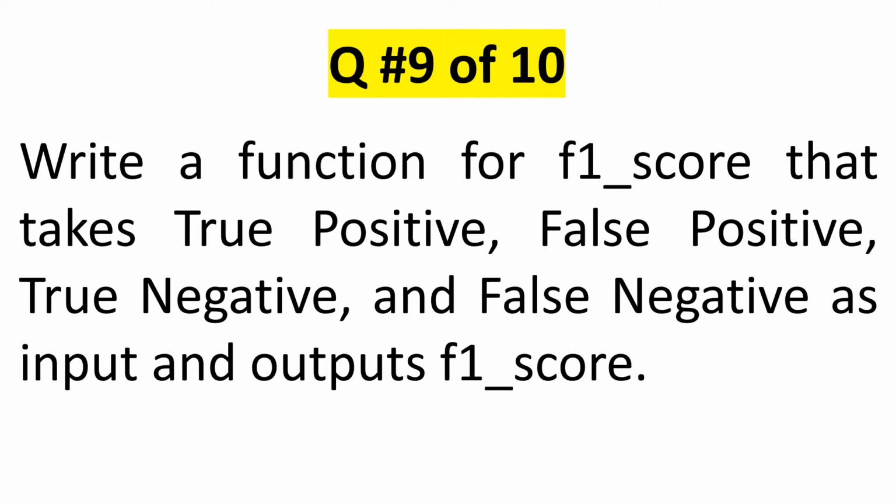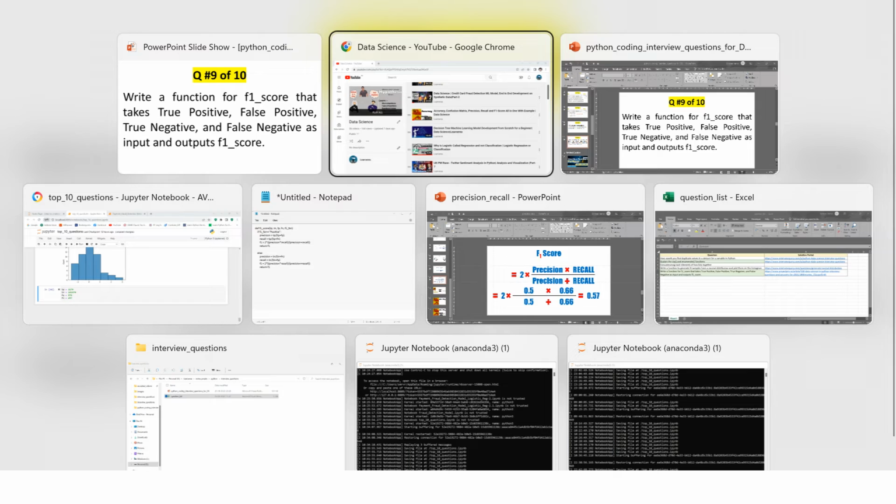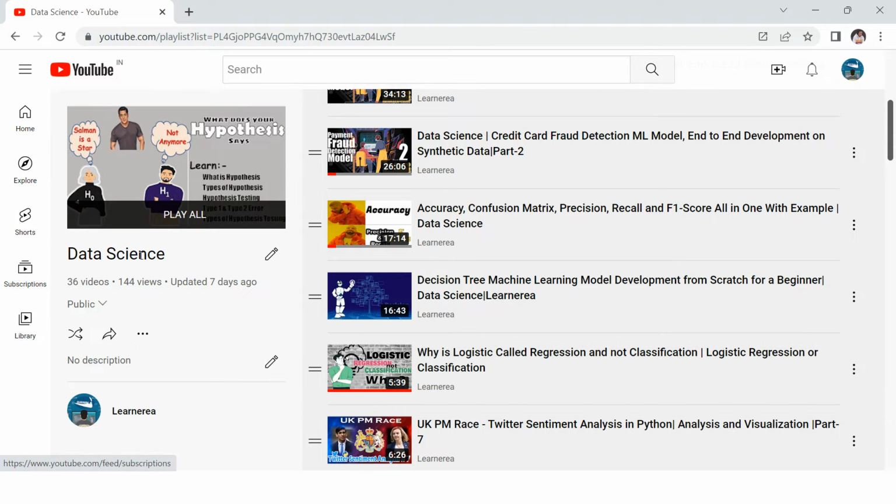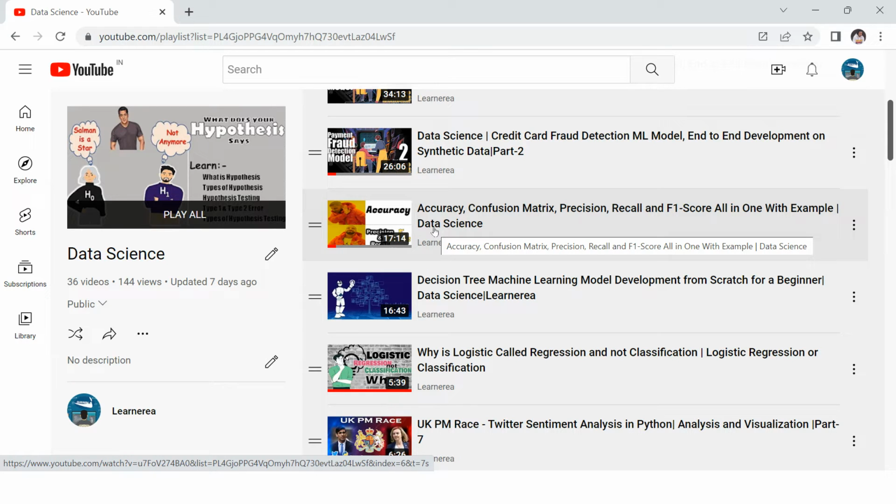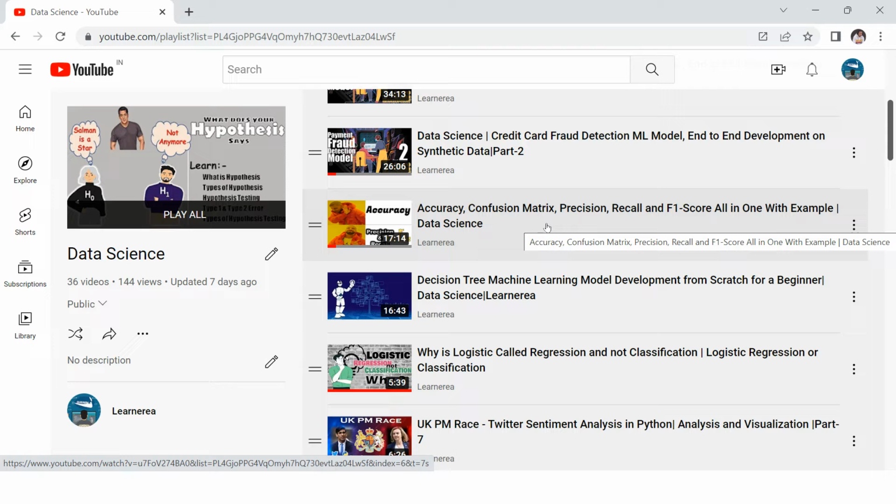Now when you're working on this question, I believe that you're already familiar with these terms. What is precision, recall, false positive, true positive, false negative, true negative, and what the f1 score is, right? Just in case you are not familiar with this, I highly recommend you check out our data science playlist, and in that you have this comprehensive video. You can see this is a 17 minute long video. It covers everything end to end, and after watching this I'm sure you would have very good